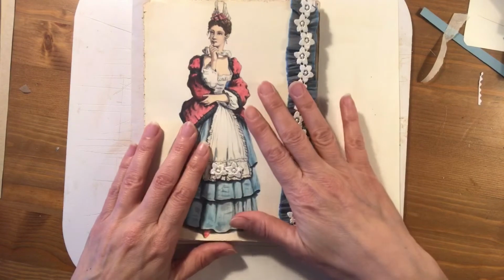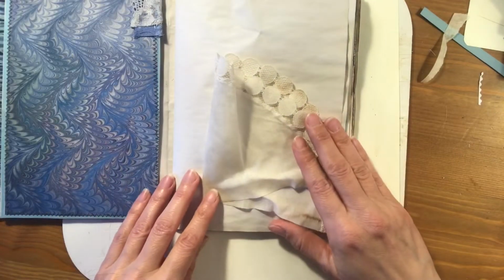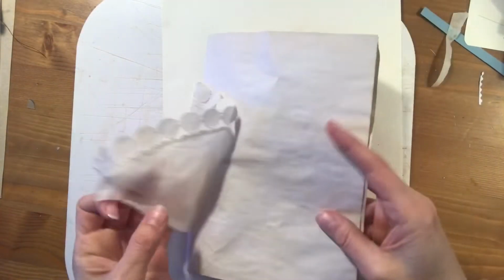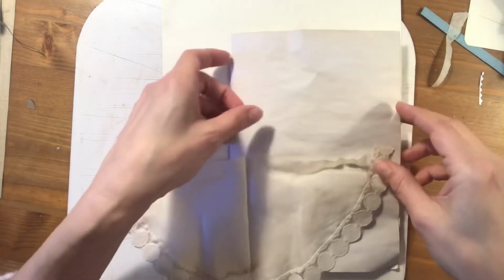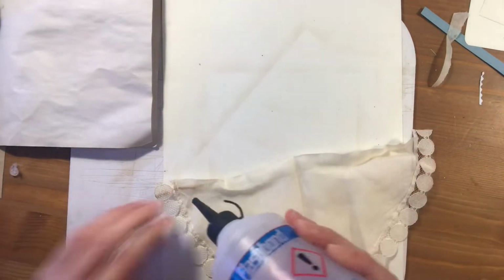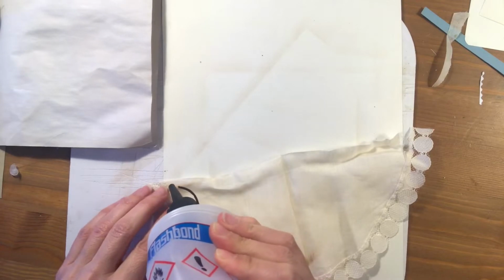Okay, I want to keep on working with my project of the carnival, and what I was thinking of doing today is, okay, let's take a sheet of paper out of this book and work on it. I was thinking of adding this half doily to this sheet of paper and making a pocket out of it, just to add some more vintage romantic look to the whole journal,